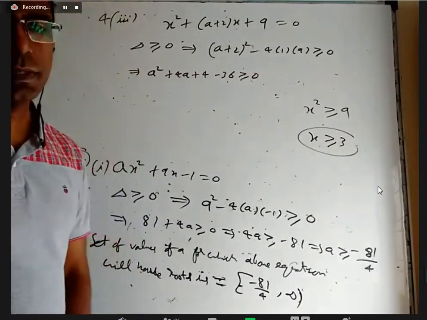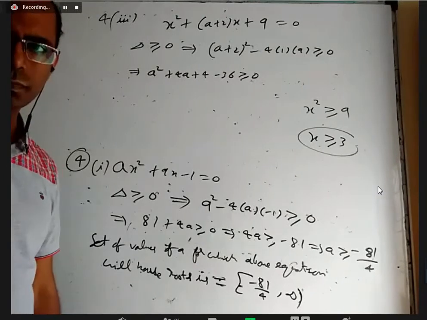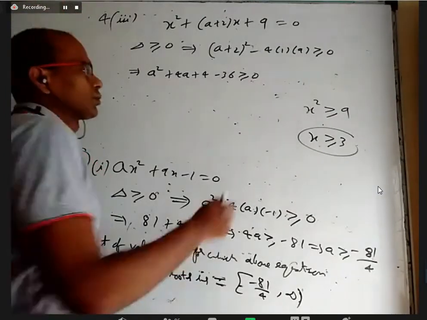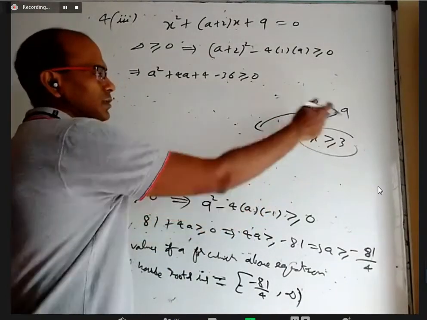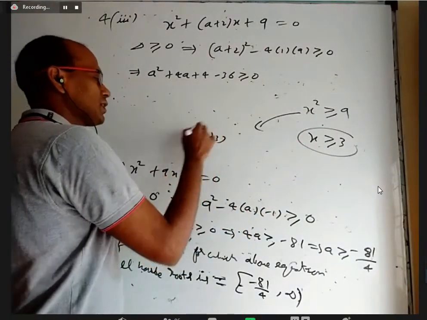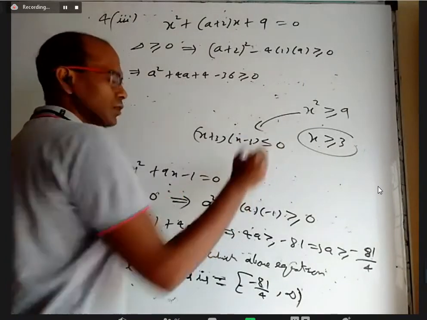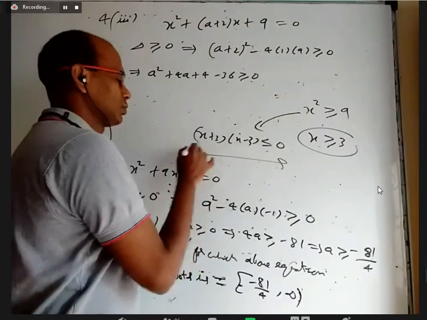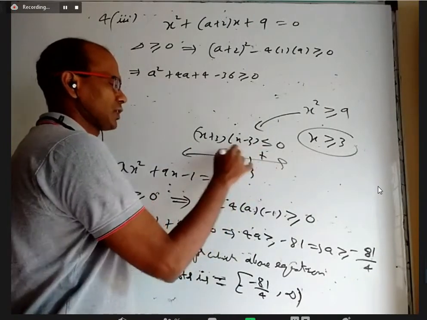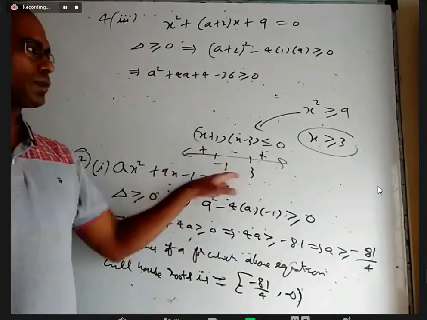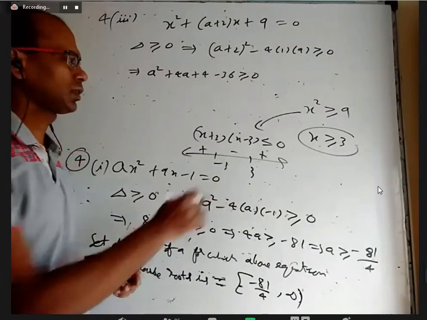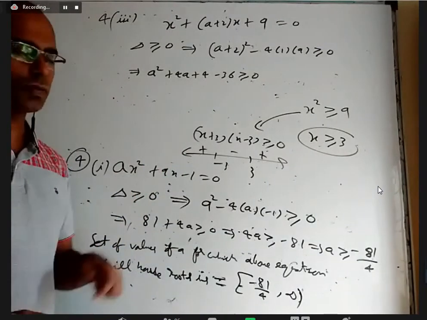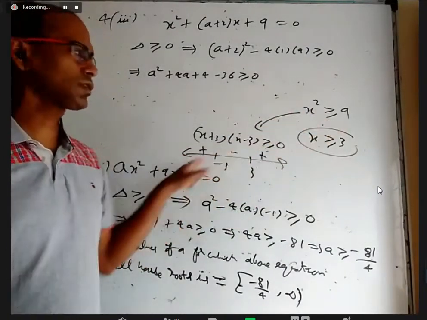What is the correct statement then? Sir, x greater than or equal to 3 or x less than or equal to minus 3. Yeah. So what we should actually do, this is not the correct way, is bring 9 this side and write (x plus 3) into (x minus 3) less than or equal to 0. We'll discuss the idea of taking minus 3 and 3: positive here, negative here, positive here. Then it should be between minus 3 and 3, greater than or equal to. Yeah, x should be more than 3 or less than minus 3. So this is a wrong way to do it. The proper way is to do it like this.